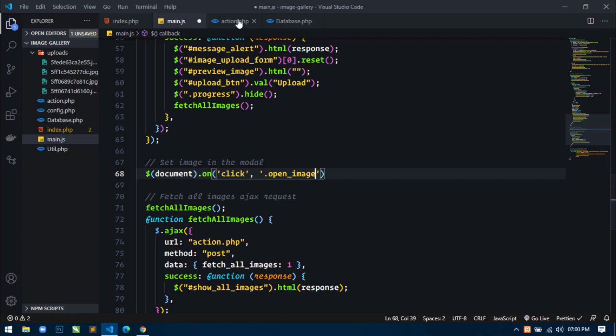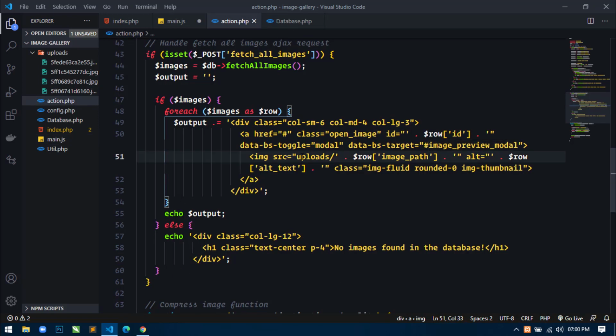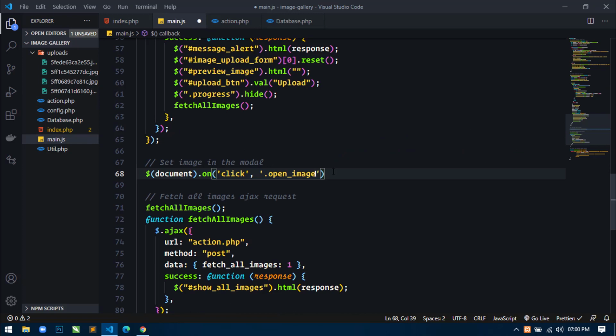If you go to the action.php file, then in this anchor tag you can see I have assigned a class open_image. So I'm using this here on click event, and then I will use a function and pass a parameter e,